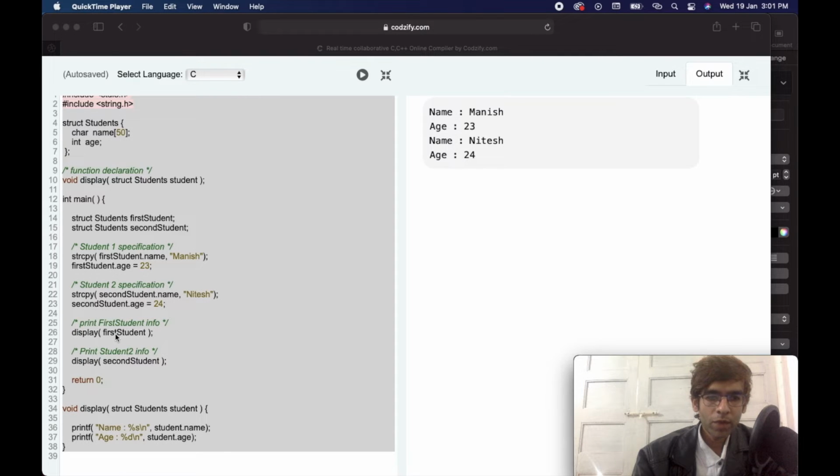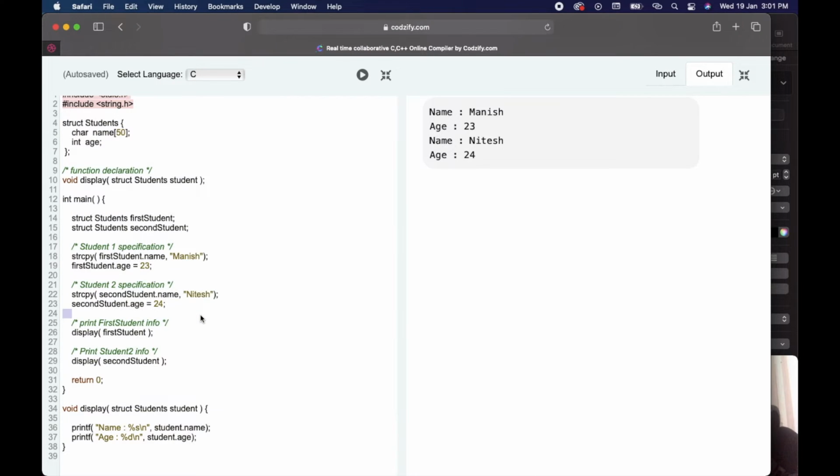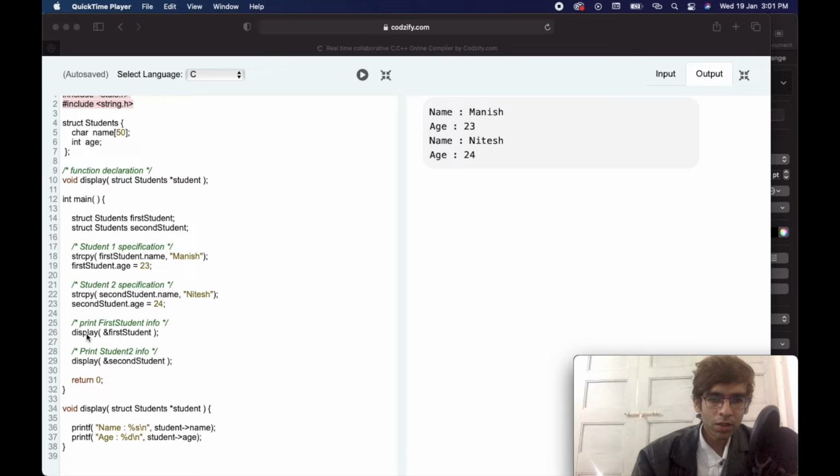Okay, here we have passed the variable name of the structure. Okay, we can also pass the address of the structure here. So how to use that? Here we have passed the address of first student, and to catch the address we have to add the pointer variable here. Now whenever we use the pointer variable, we have to use the arrow operator, arrow symbol here instead of dot. This is the only difference between that call by value type and this call by reference type. Okay, here we have added the address of second student and caught it using the pointer, and fetched the data using the arrow symbol, arrow operator.